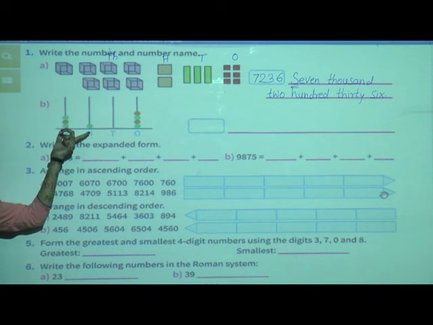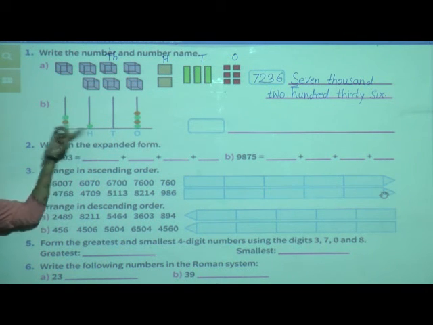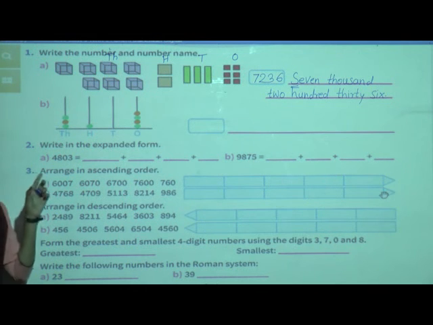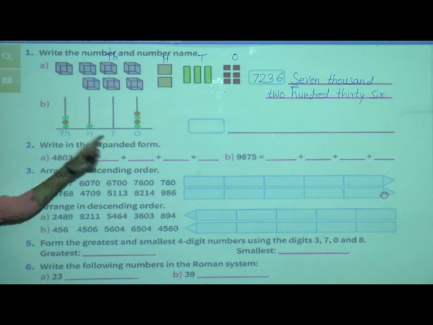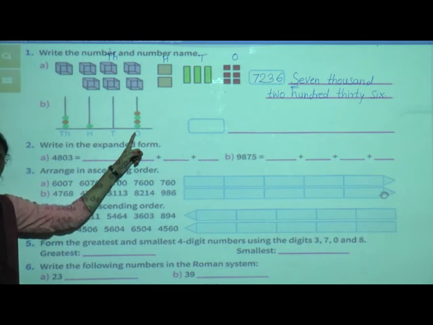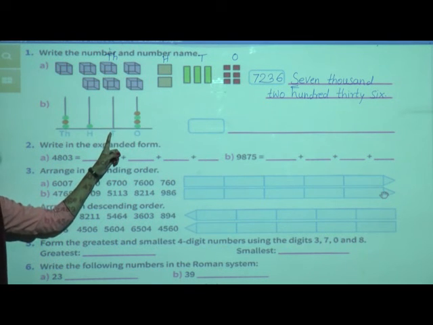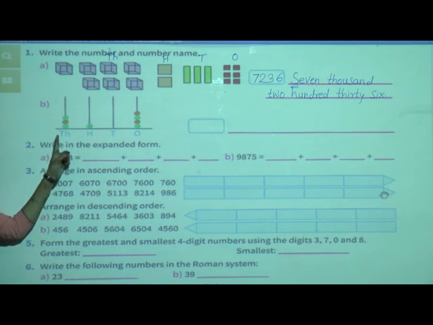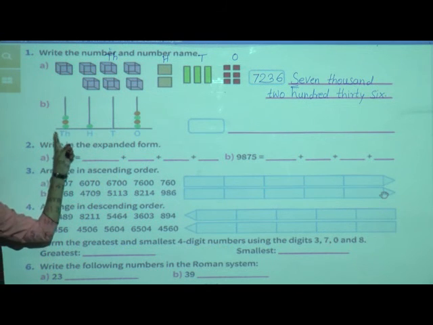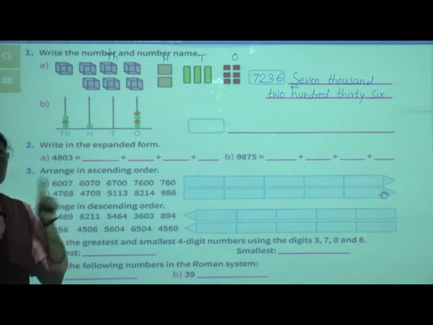What is this? This is an abacus. Now what is meant by abacus? In the previous session I told you what is meant by abacus. An abacus is a simple device which is used for calculation. Now see this. This O stands for ones. This T stands for tens. This is the hundreds place and this is the thousands place. Means our number is a 4-digit number.